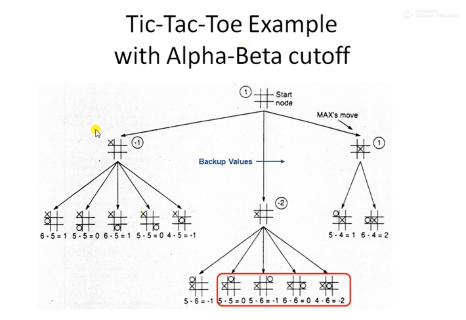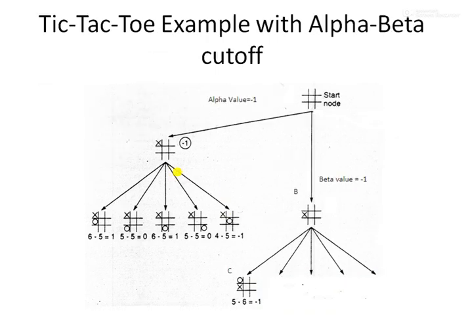Now can we apply alpha-beta here also? If we apply alpha-beta here, Min is going to apply. Let us see in the next slide. In the red block I have shown that these branches, the whole branches, can be cut down. So in this case, -1 will be backed up as the alpha value. This value will come down, so the beta value will become -1. That means -1 is the beta value and the alpha value is -1, so -1 is greater than or equal to -1. So all these branches we do not have to expand.